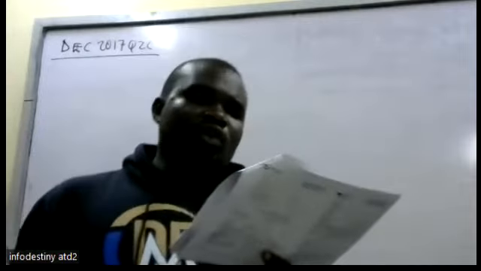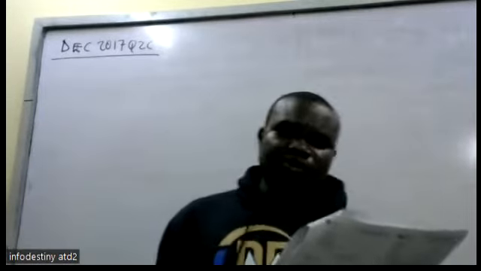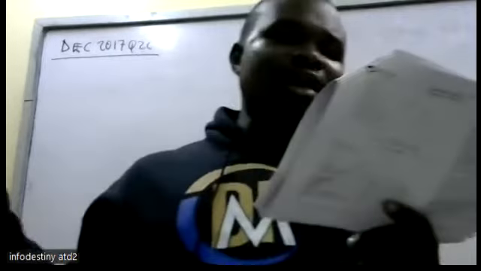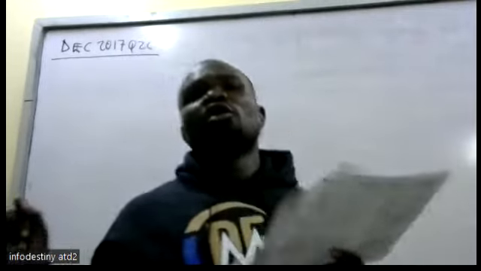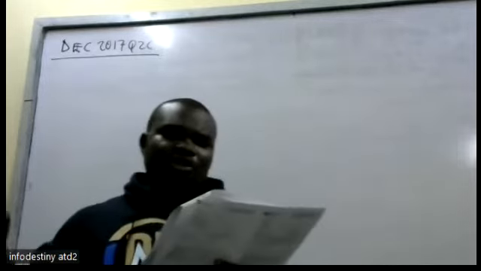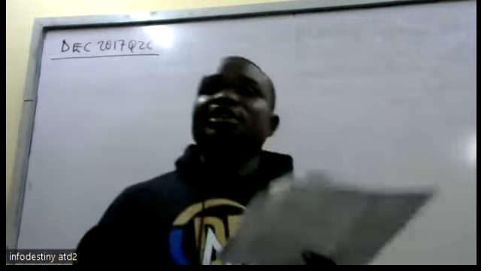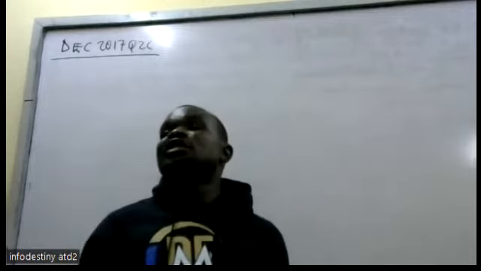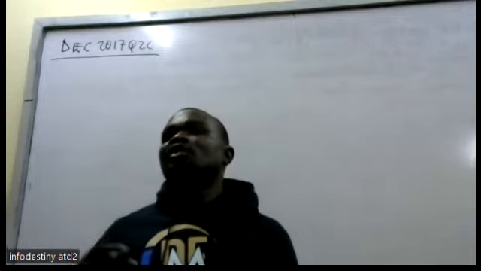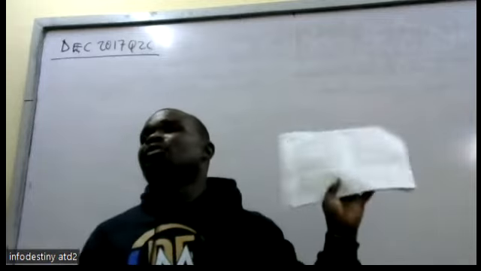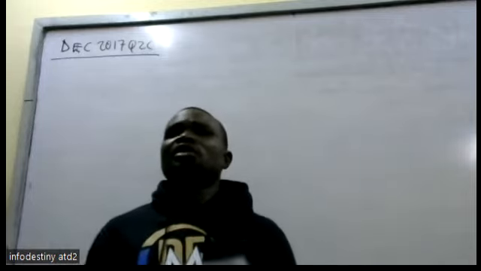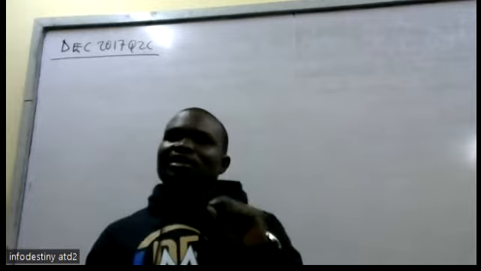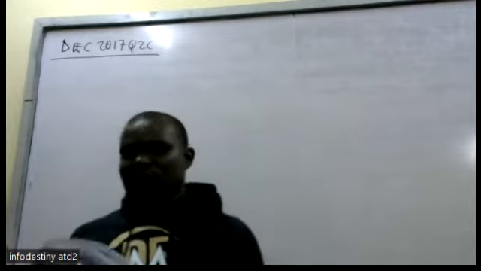So these are required for each of the years 2016, 2017: determine the actuarial gain or losses, the net pension cost to be charged in the income statement, balances to be reflected in the statement of financial position. I assure you, all those things are the same. These ones for the pension are almost similar. So once you understand this one properly, those are just a small adjustment. So let's kick off.